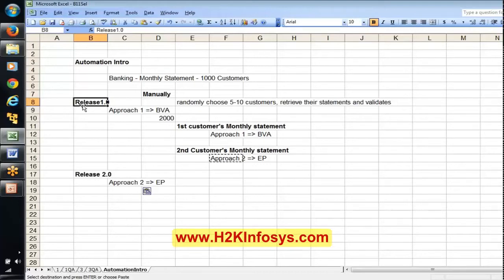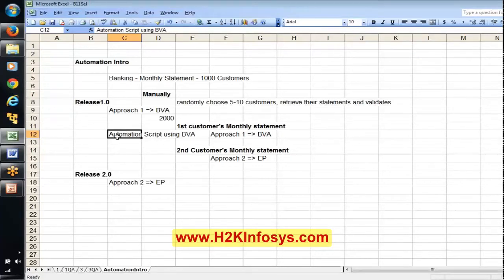But that is not going to happen in automation testing. Once you build your script, say we have built an automation script using boundary value analysis in release 1.0, from release 2.0 or release 30 we are going to use the same script. It means this automation script is built on boundary value analysis, so we are using a consistent test procedure. The other thing is, even say today I have developed this script.